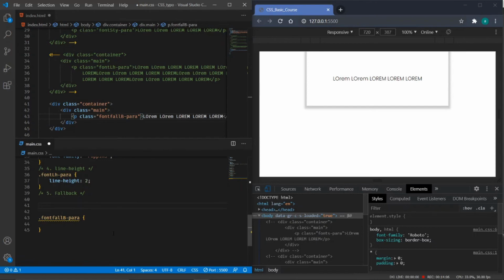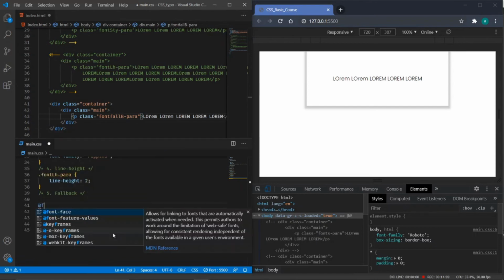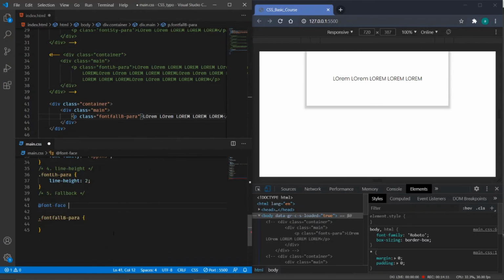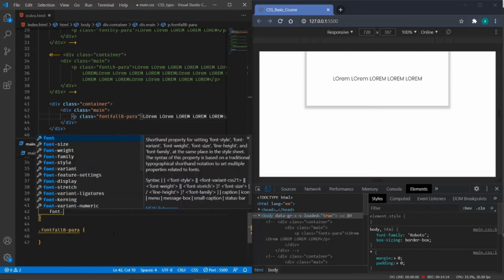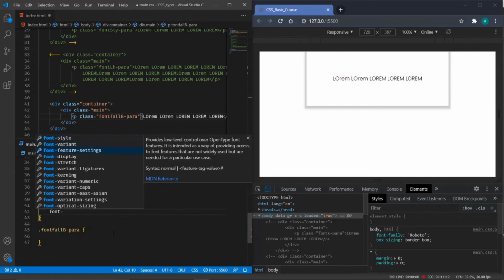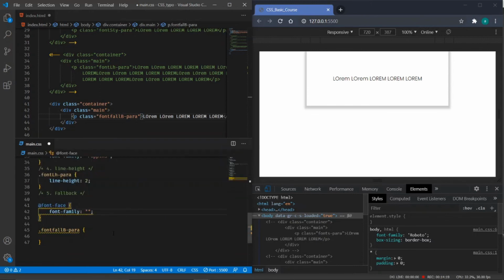So for that we have to add @font-face. Then we have to add a font family. Just for practical basis, as an example, I will add a normal thing which doesn't exist actually. So we have font family, and comes the source. I will add the URL. These things actually do not exist, and I will let you know why I'm doing such things.